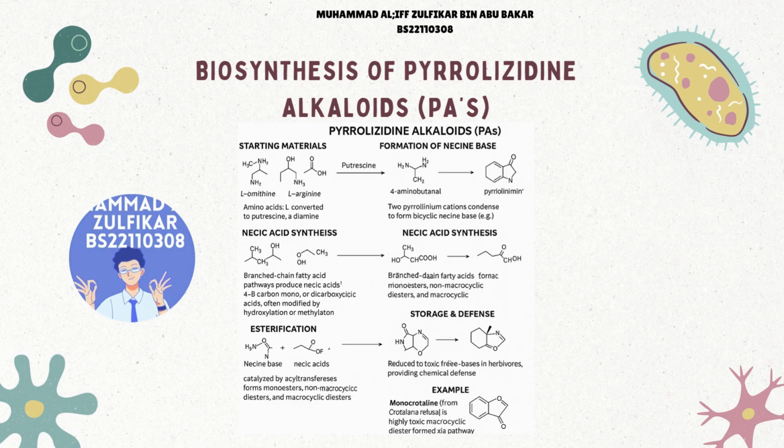The third step is necic acid and esterification. Meanwhile, the plant produces necic acids through branched-chain amino acid synthesis. These acids usually contain 4 to 6 carbons and may be further modified by hydroxylation or methylation. The necine base then reacts with one or more necic acids in an esterification reaction catalyzed by